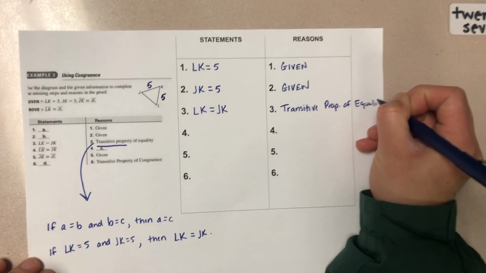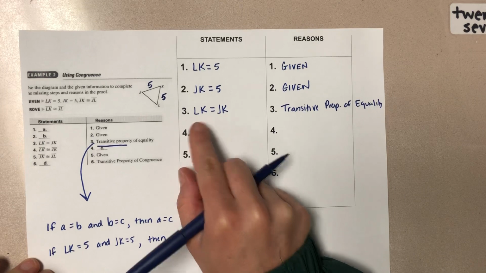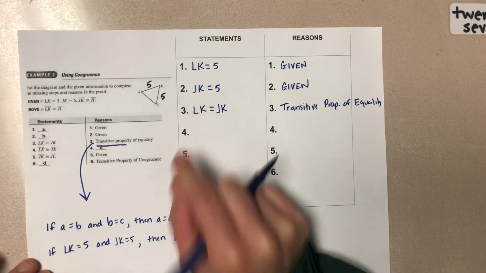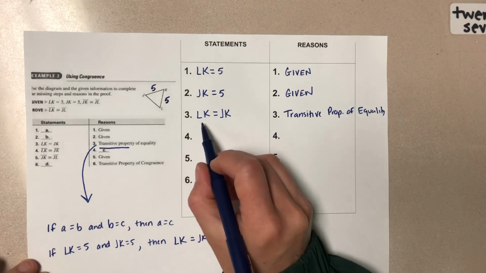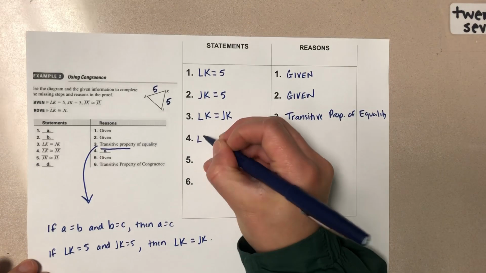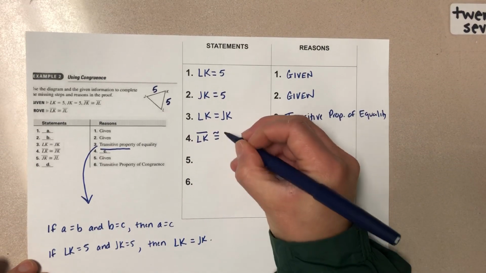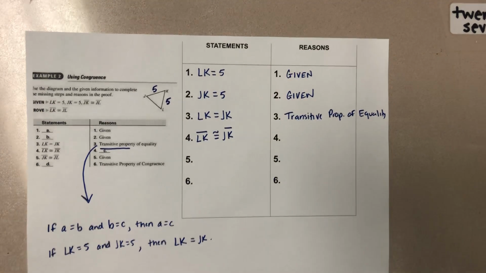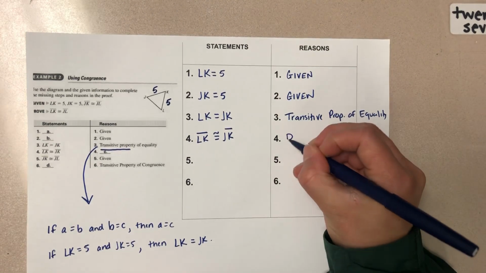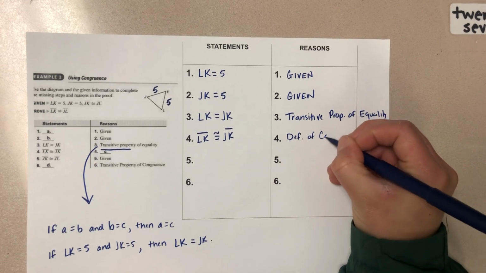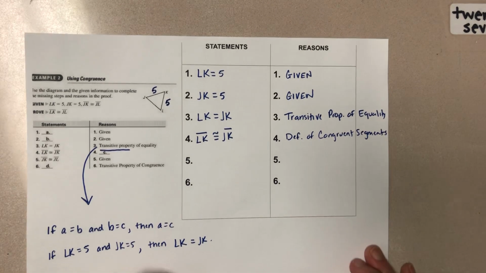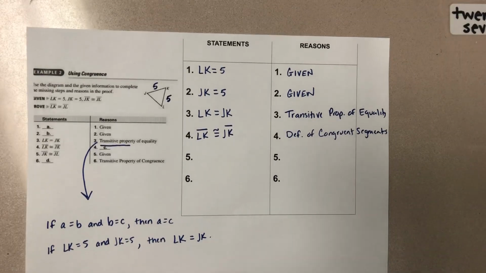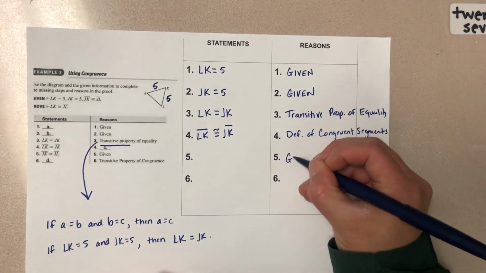And the reason it's of equality is because we're not looking at line segments and congruency. We're looking at lengths. And then to transition from 3 to 4, we can say that if the lengths are equal, then we know that the line segments are congruent. And that's going to be used as our definition of congruent segments. Because anytime the lengths are equal, the line segments are also congruent. Okay? Now, number 5, they have given us a third piece of information, and that is also going to be